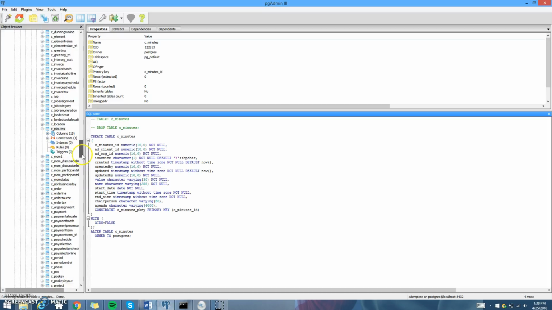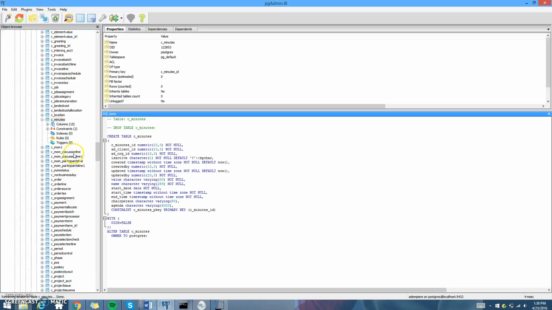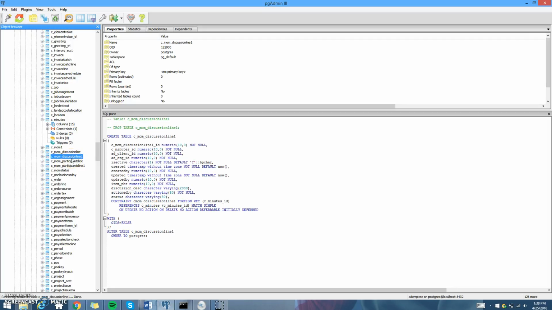another table called C_mom_discussion line. I've already done this once, so the table that I'm going to be using is called C_mom_discussion line 1, but you can just name it discussion line, as this table shows right here. Now, in this code, we have a constraint with the foreign key located in the minutes table. So just make sure that your code matches this, and you're going to create a table just as we did last time, and just name it